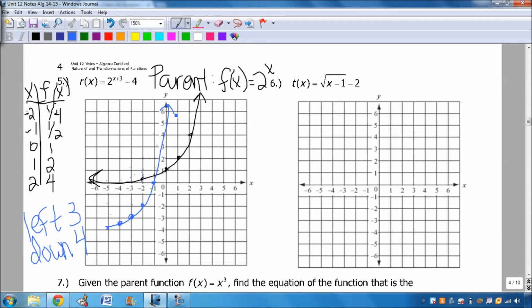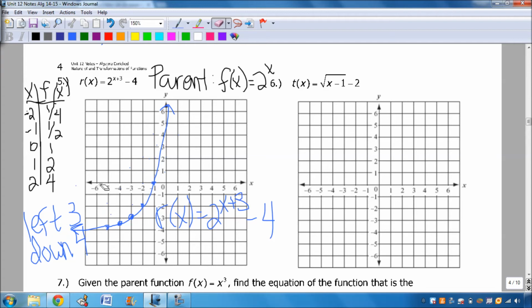So now really quickly, notice how this levels off at 0 right here. So this should level off right here at negative 4. So if I were to extend my graph, it would end up looking just like this. Okay, so this right here is r of x is equal to 2 to the x plus 3 power, all minus 4. Erase the original right here, or the parent function, excuse me,